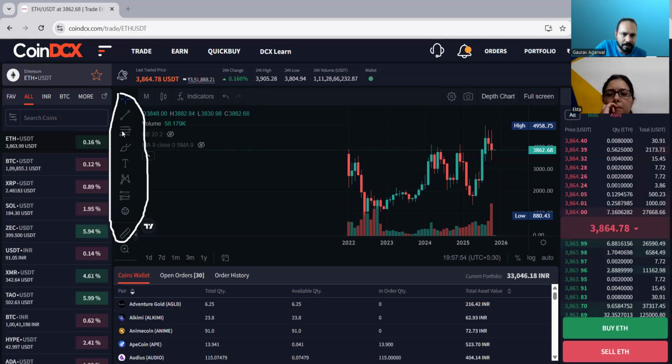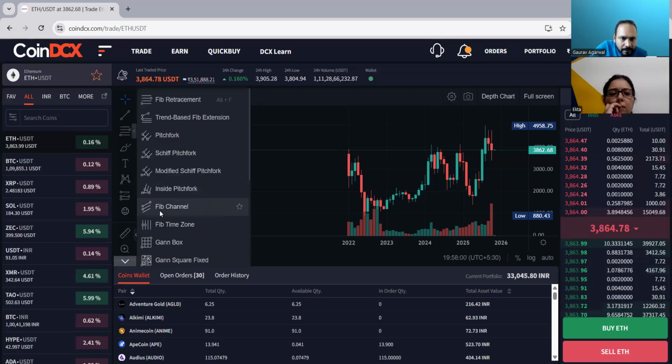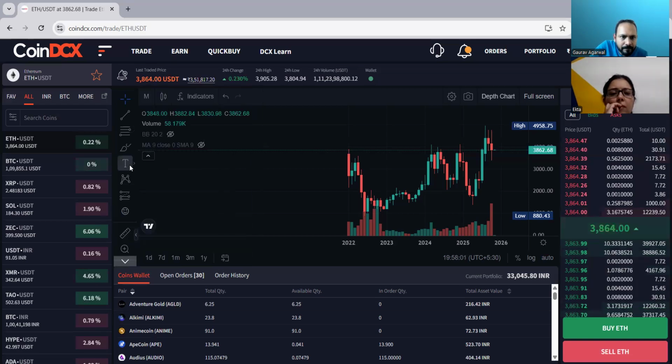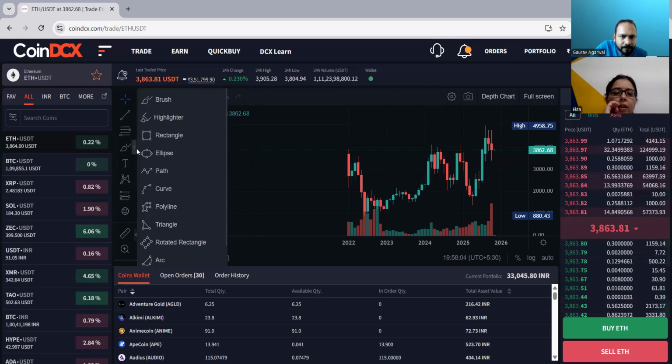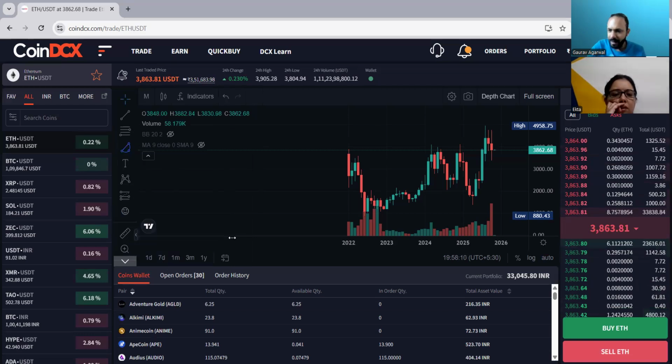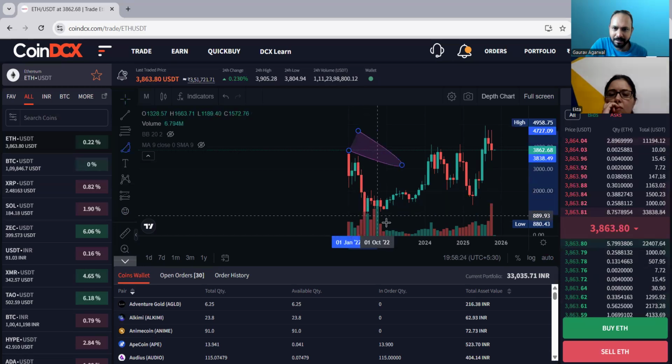You can use this as well. Let me see if there is an option for drawing a cup and handle here. Because when you draw like this, it gives a very clear picture. I am drawing because I am able to see that. But if you are not able to see it, how will you draw it? The main thing is that based on your experience only, you can find that pattern in the chart. That is why it is important to find the pattern.